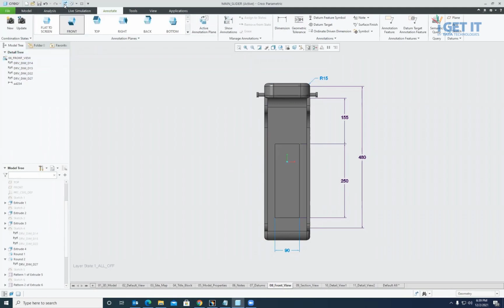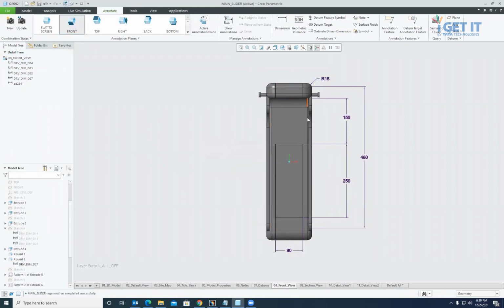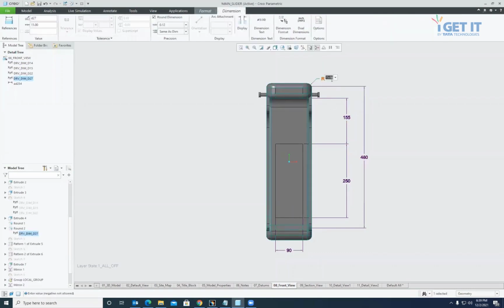Then just regenerate so that it will reflect in the model as well. See, now the model is updating as per the new dimensions. This is the use of driving dimensions, which can change the model in real time.